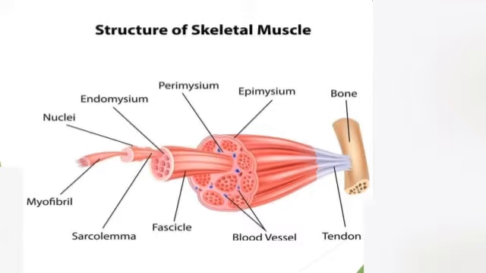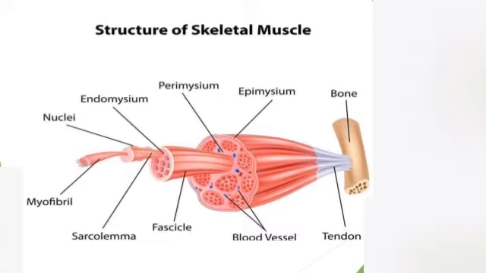Each bundle of myofibrils is covered by a membrane called the sarcolemma, and the cytoplasm of the myofibril is called sarcoplasm, with sarcoplasmic reticulum. The sarcolemma of muscle fibers forms a hollow elongated tube which is called the T-tubule or transverse tubule, in which basically numerous myofibrils are present. And as you can see in the diagram, skeletal muscles have several nuclei as well.